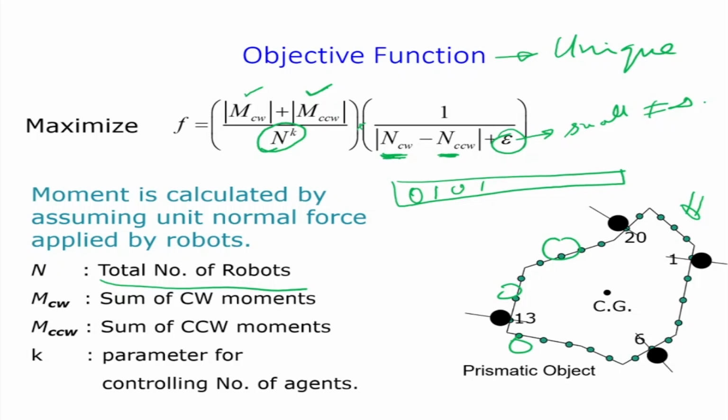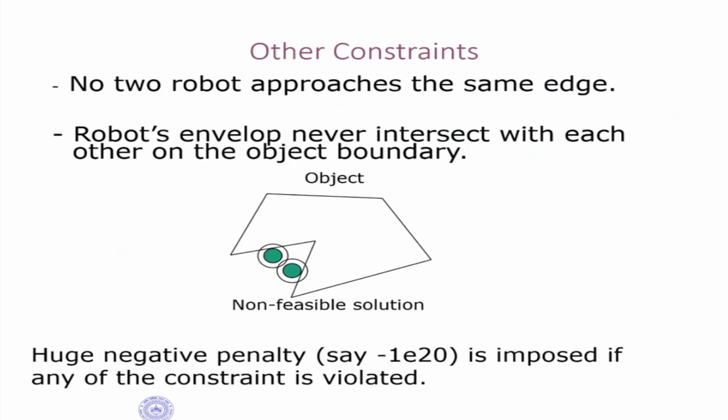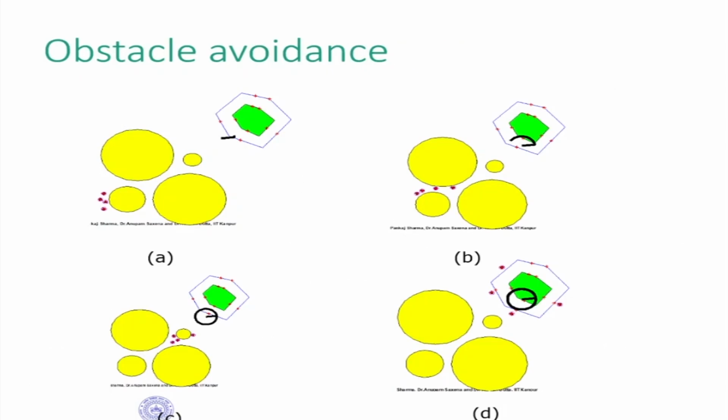If you do this optimization again, please note that N is the number of robots, so I'm also changing the number of ones which are there. If you do that, very interestingly, what you find in the solution is that it comes down to 4 robots only. This is very interesting: whatever we have learned in terms of form closure and force closure is applicable. Even with optimization, you can get the same result. In this particular case also, we are getting that the optimal solution has 4 robots only.